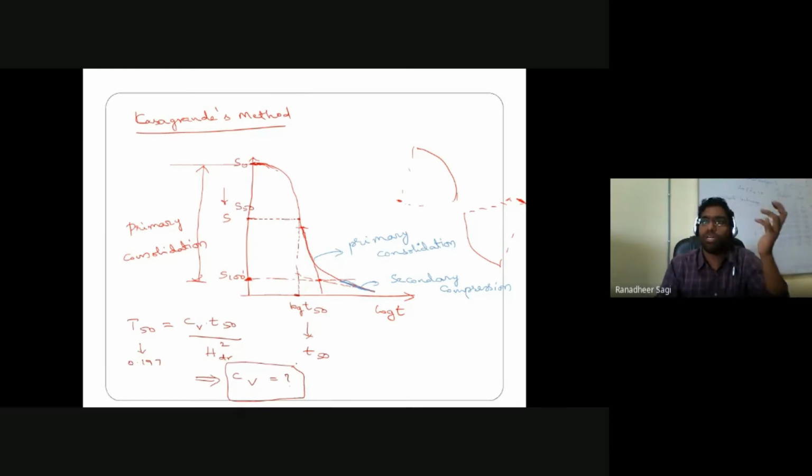So whatever you wanted to find out, once the CV value is known for that soil, you can try to do that. Okay, so this is how we try to estimate your coefficient of consolidation for that particular given soil. And next to move on,